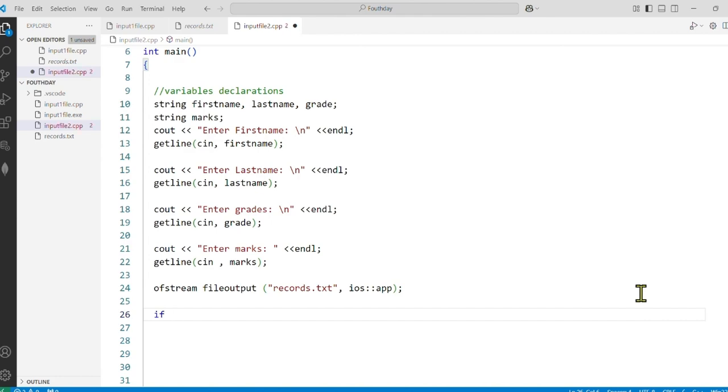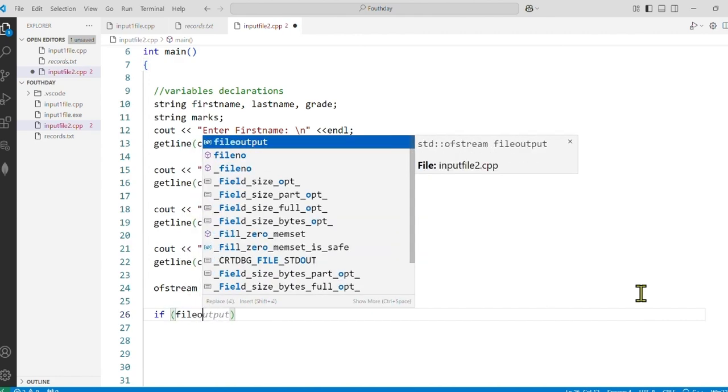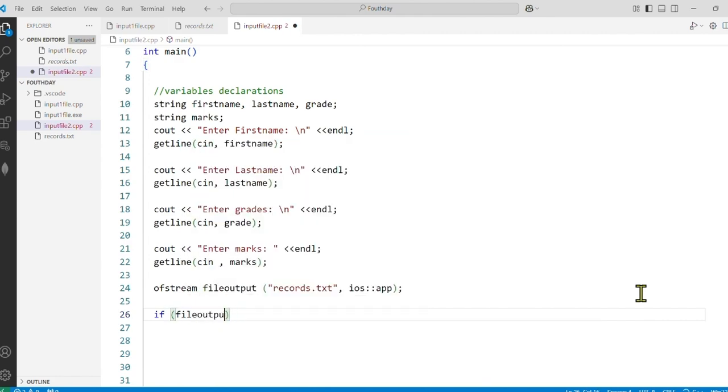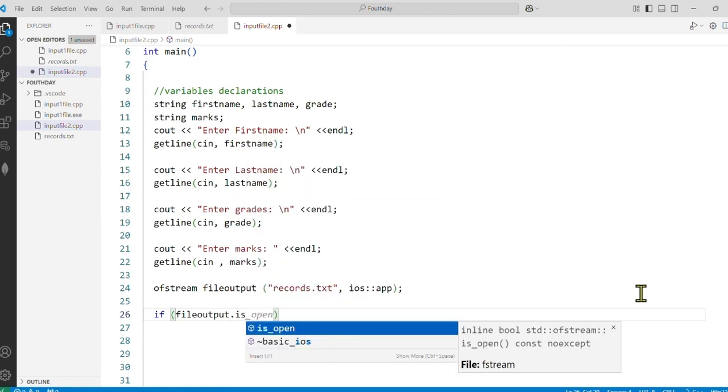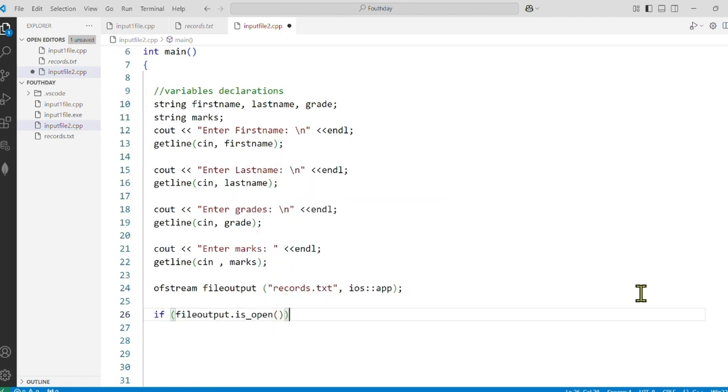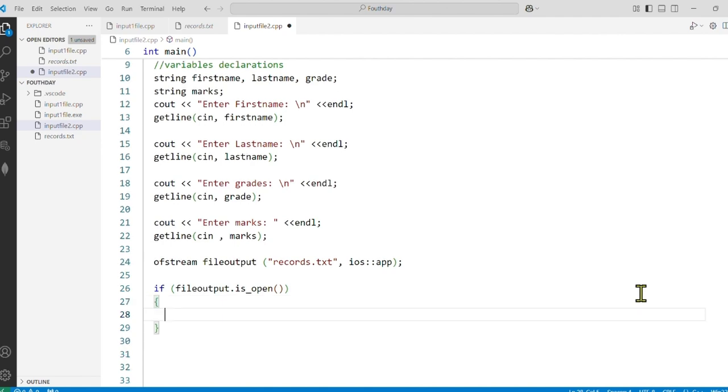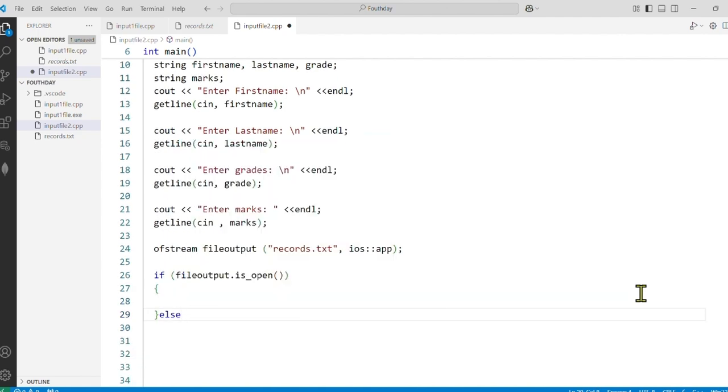Then we have to write an if statement. If fileOutput.is_open, if the file is open, then we have to perform some actions, else we have to do something. So here, if the file is open, what I'll do, I will